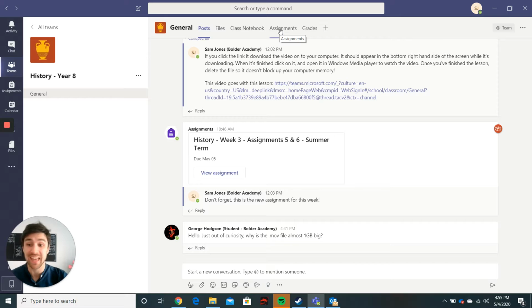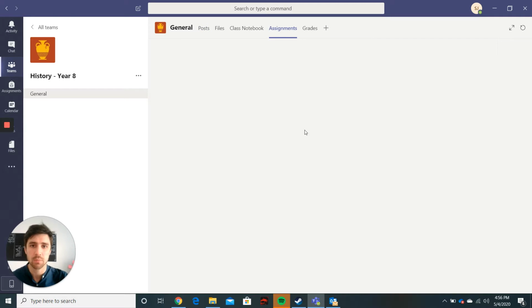I put them both together this week because I had some feedback from some people saying that it was difficult when you had two different things, and this makes it a little bit easier. Okay, so you can go ahead and click on View Assignment, or you can click on Assignments at the top,